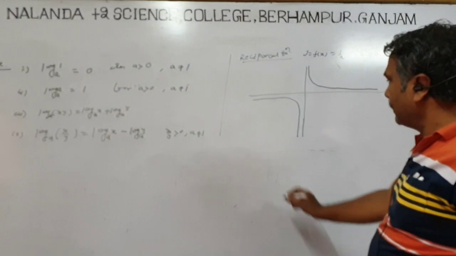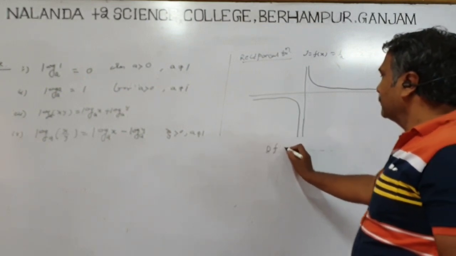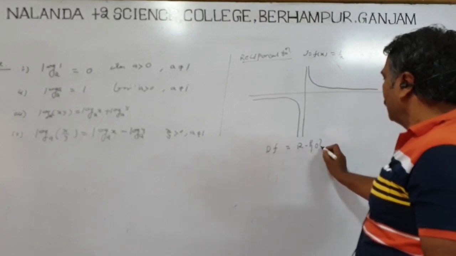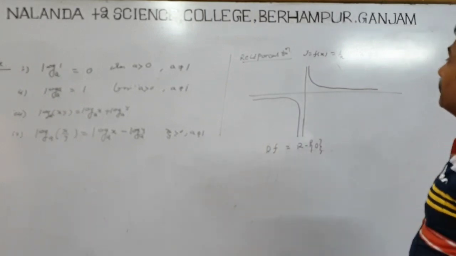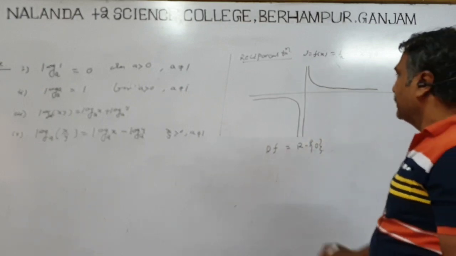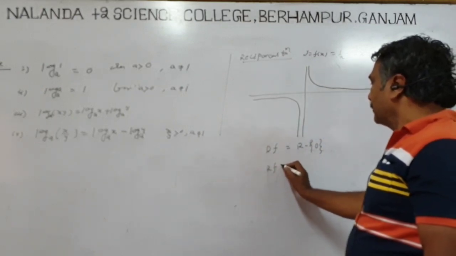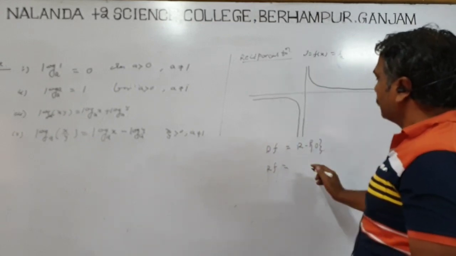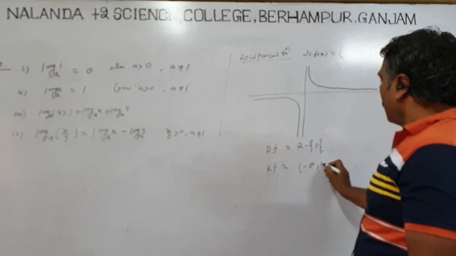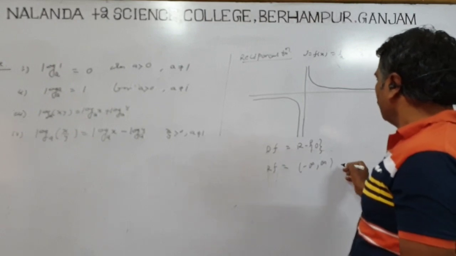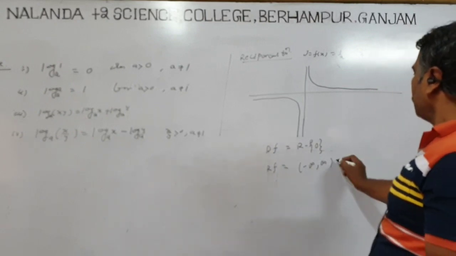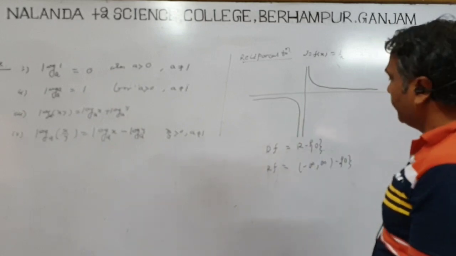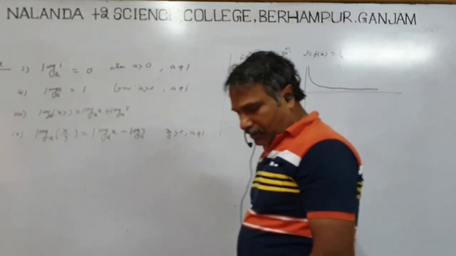So what is the domain of the function? The domain of f of x is real numbers but not 0, because when x is 0, y is not defined; 1 by 0 is not defined. Then what is the range of the function? Minus infinity to plus infinity, but not 0. When x tends to infinity, it becomes 0. Okay. Now this is a reciprocal function.